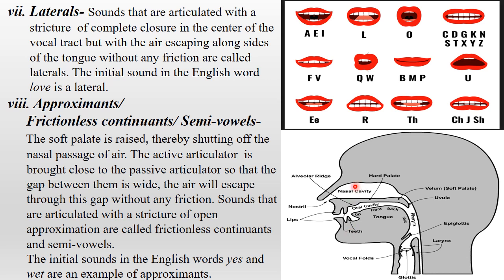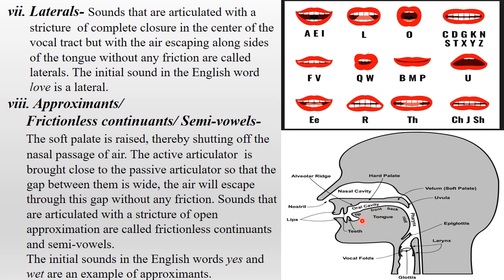That is known as approximants, frictionless continuants or semivowels. The initial sounds in the English words yes and wet are examples of approximants. When you pronounce this word year, the tip and the blades of the tongue touch the roof of the mouth